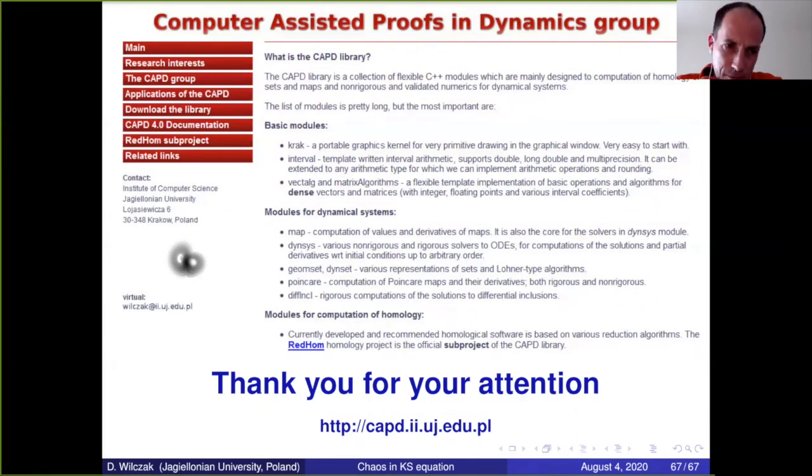You showed that there's chaos, but is there any way to get a lower bound on the entropy? Yes, we can derive a lower bound for the entropy, but I have no number. Actually, we have the matrix of symbolic dynamics, so from the eigenvalue we can compute the entropy, but I didn't compute it. The matrix is explicit, so we can extract this information.